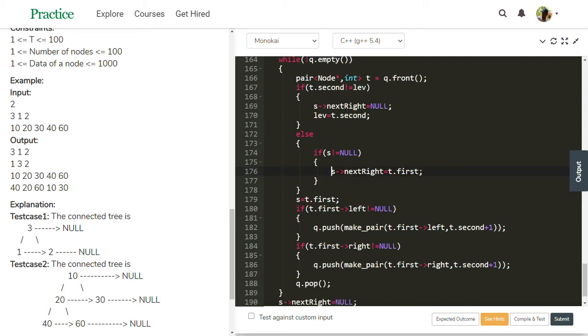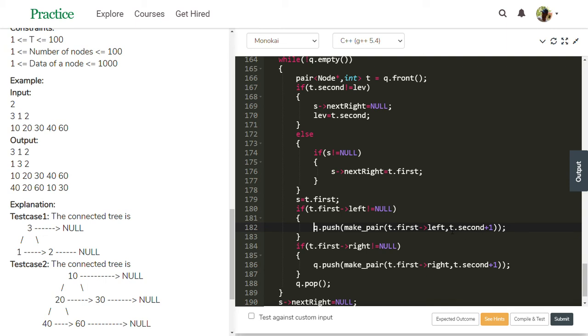Check this. S equal to t first. S is pointing to the 3 node now. Check this. If t first left not null. Yes, this node's left is not null because it has one node's details. Then this block executes: q dot push make pair t first left comma t dot second plus 1.